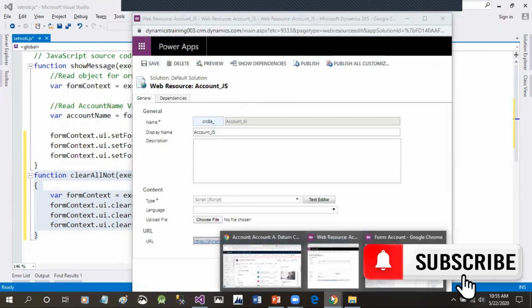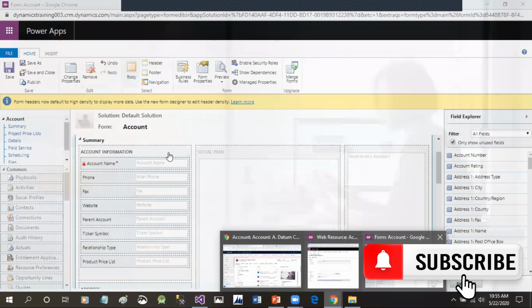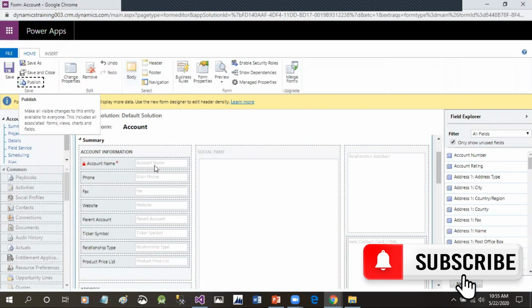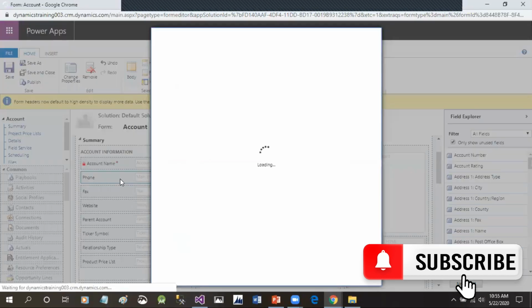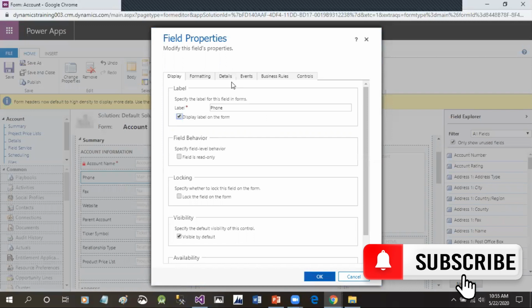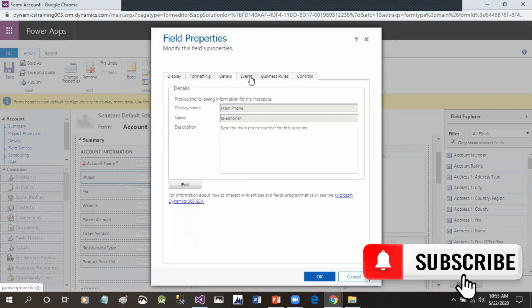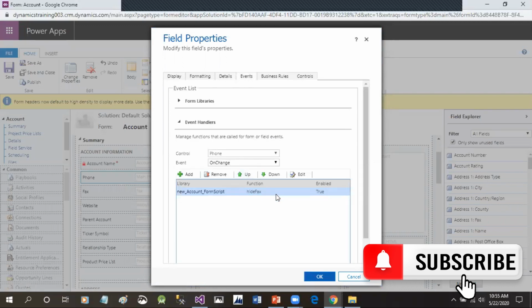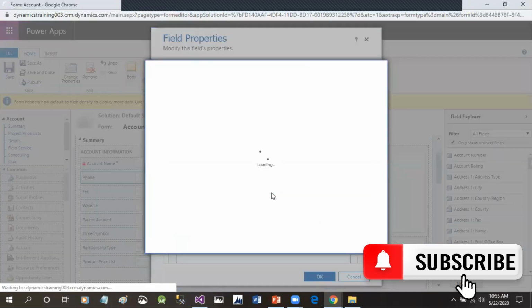Then I will go to the form again and associate that function against this phone number change. Now when someone changes the phone number, the notification should go out. I'll go to the events and the on change event is there. I will just disable the existing event.